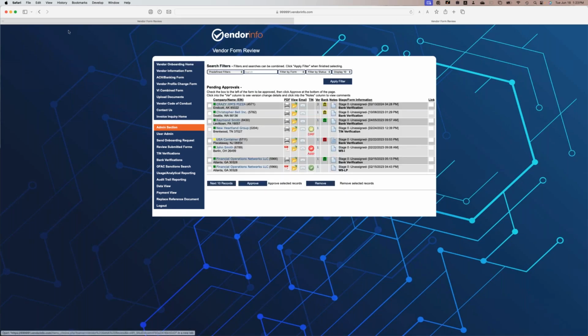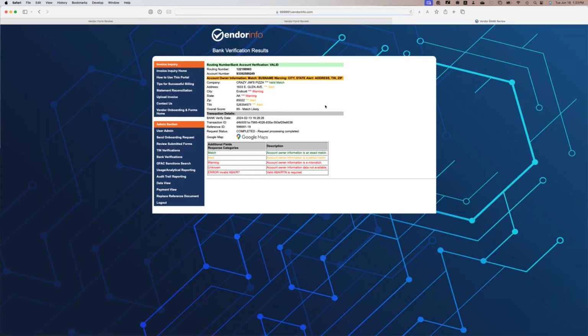Sometimes they're not all green. In this particular case with Crazy Jim's Pizza, this is a demonstration example, we can see that it actually is a valid account and it's open, and it's opened under the name of Crazy Jim's Pizza. But as you can see by the little alert and warning icons here, the street address is an alert, the zip code isn't quite right, and the TIN isn't quite right.